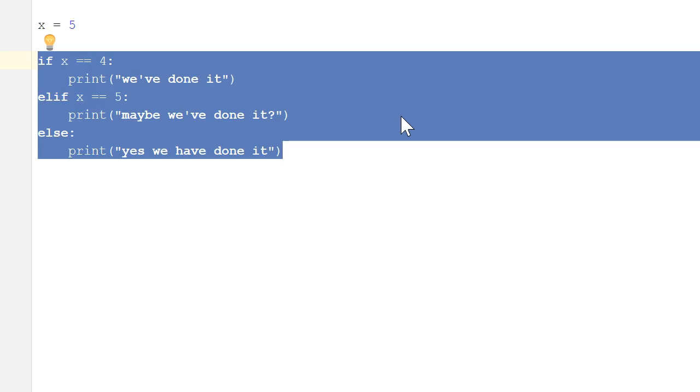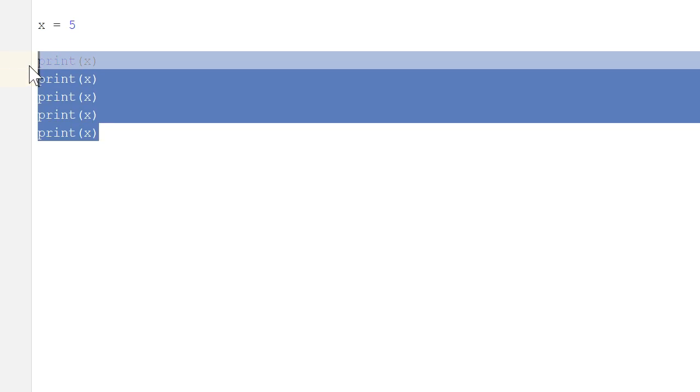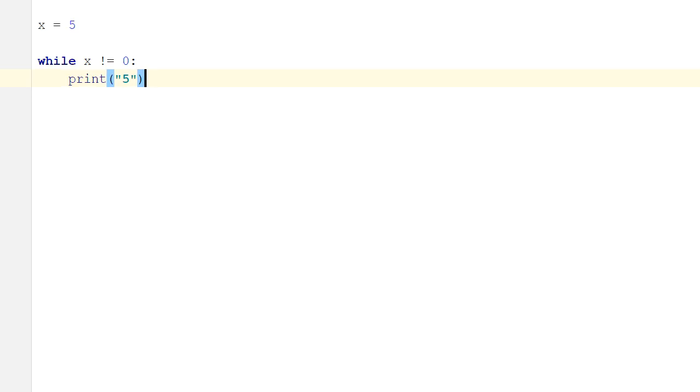Say we wanted to print the value of x, and we wanted to print it 5 times. We could take this print statement and do this. We've now printed it 5 times. Or we can use a loop, and we can say that while x is not equal to 0, just print the number 5. We'll print 5 times. So then we put another statement here that just says x minus equals 1,